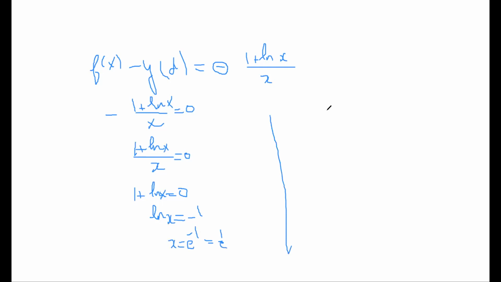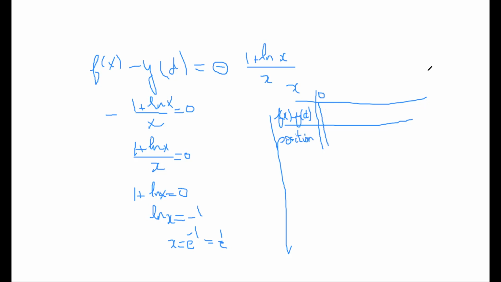We make a sign table. Here I put x, here we put f(x) minus y_D, and here we put the position. We put the domain, which is 0 plus infinity, and we put the value of x, which is 1 over e. Here we put 0. For example, if I need to know the sign between 1 over e and plus infinity,